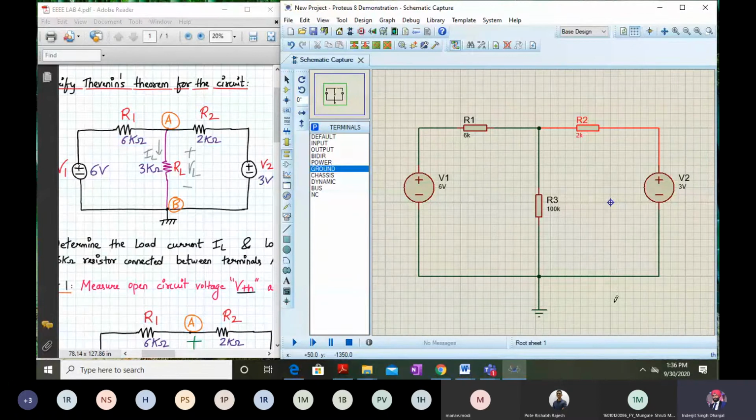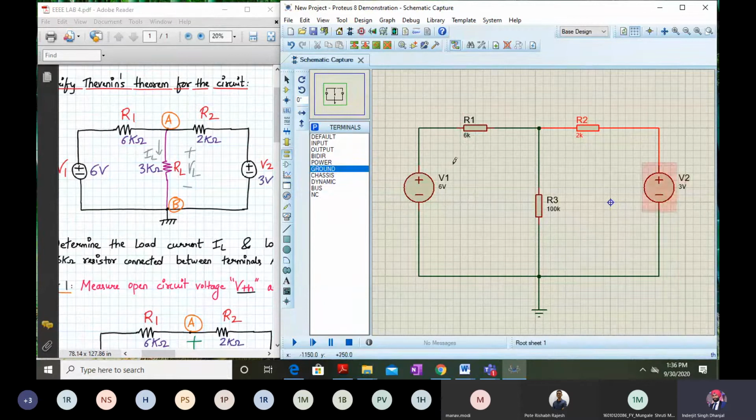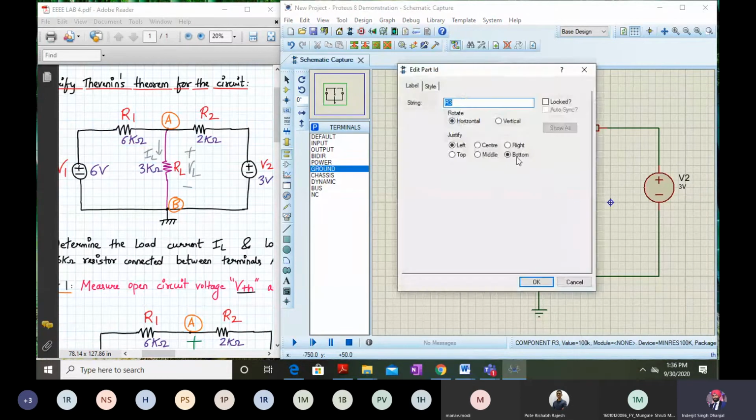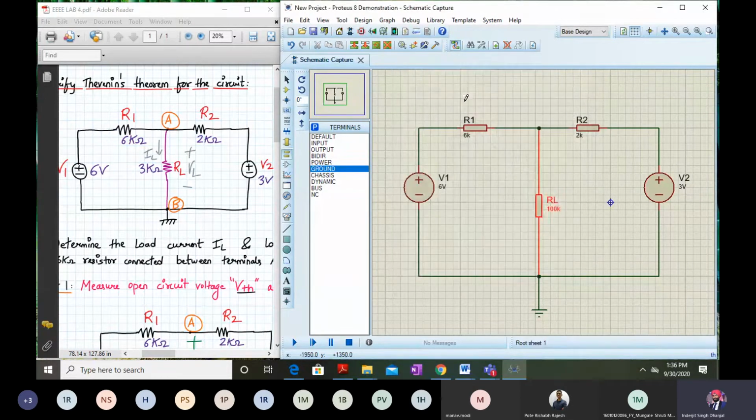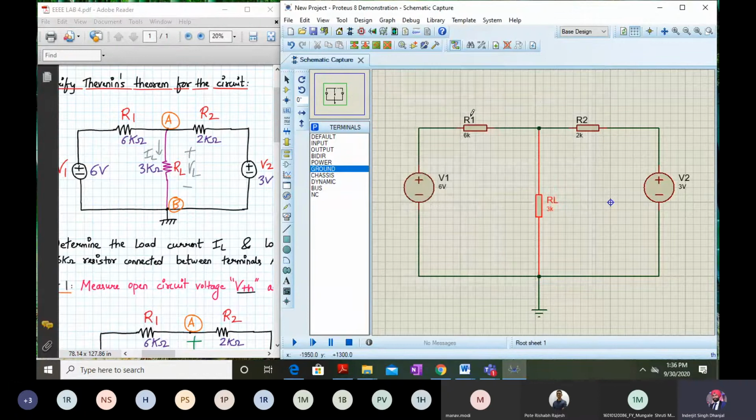Not a problem. Now this R1 is 6 kilo ohm, R2 is 2 kilo ohm, V2 is 3 volts, and V1 is 6 volt. And the resistor, this is, let me rename it as RL. Okay, and if I want to change its value, double click on it. By default, it will be 100 over here. We can select it as 3 kilo ohm. And click. Fine. Now, if I want to measure,